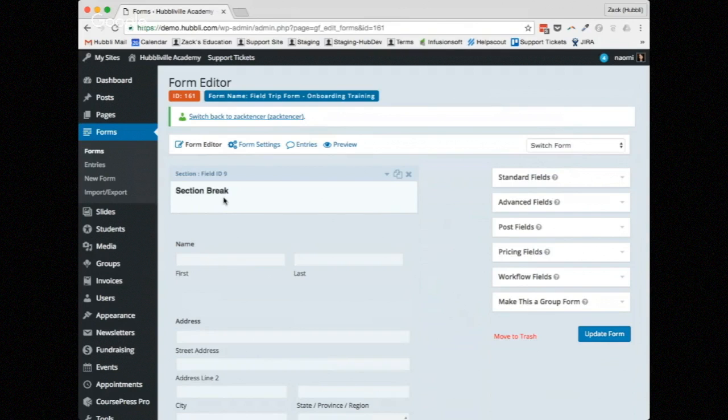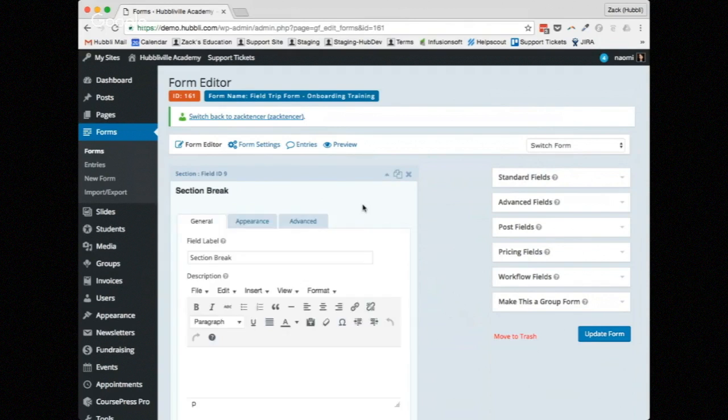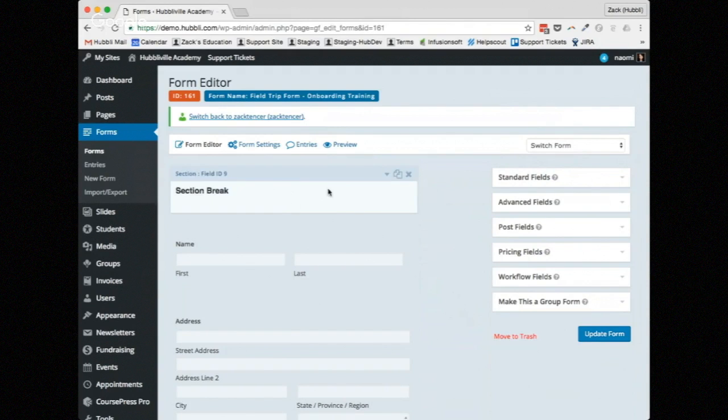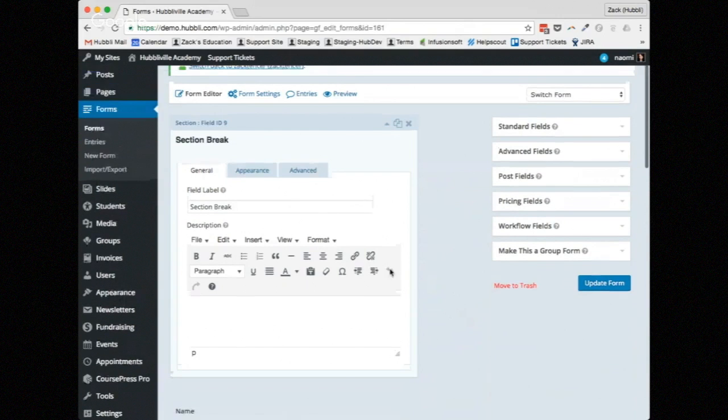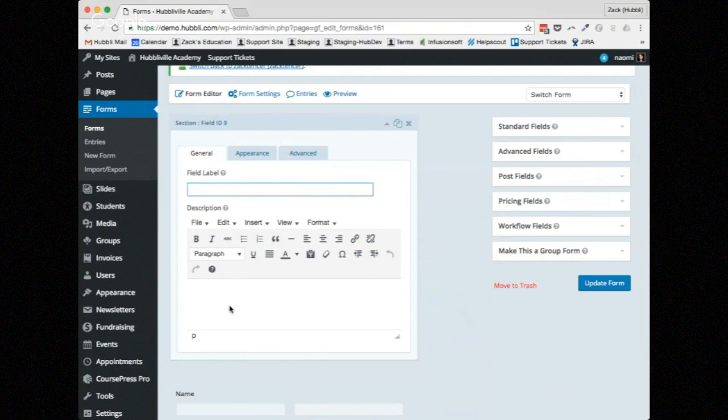So for example, you can use it for a parent information section, student information section, or you can actually use it to display just general information as well. And by the way, on any field, you can click on it and expand, and it will give you more options. So move the field label here. Okay, this is just another way you can use this field, and actually, I'm going to use it as a